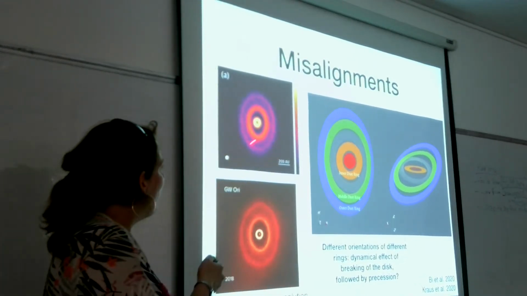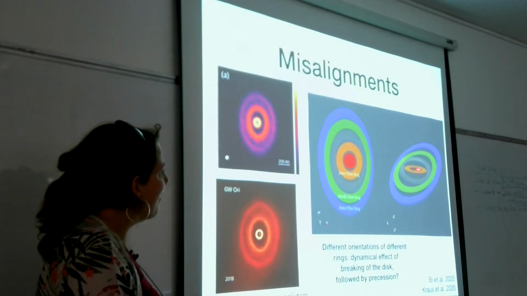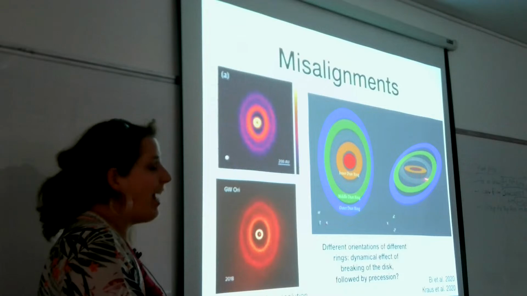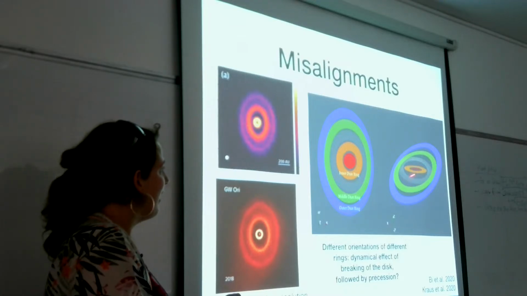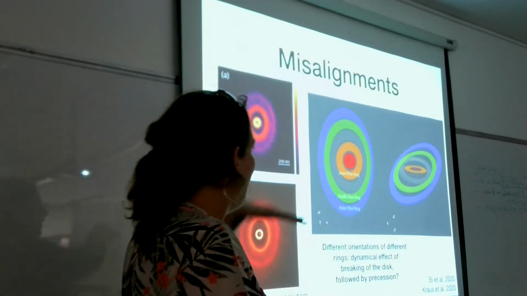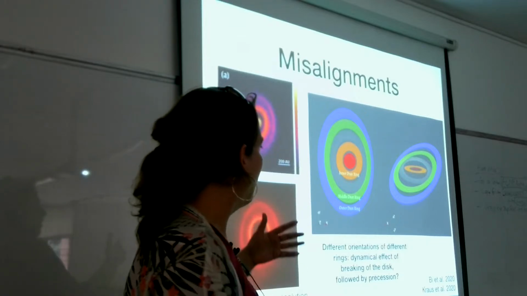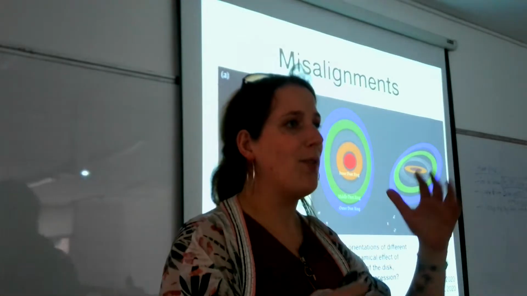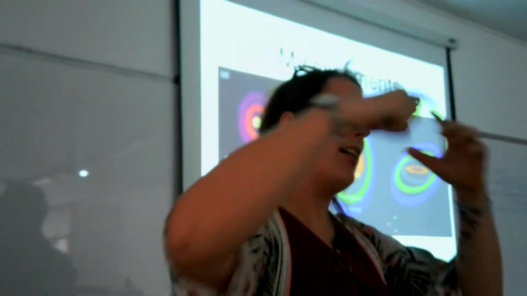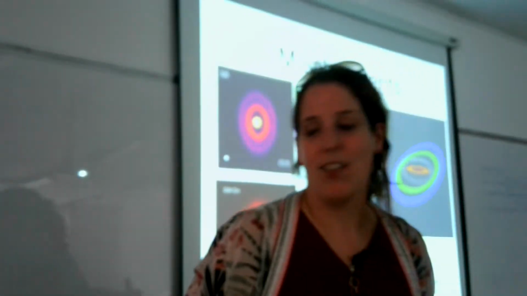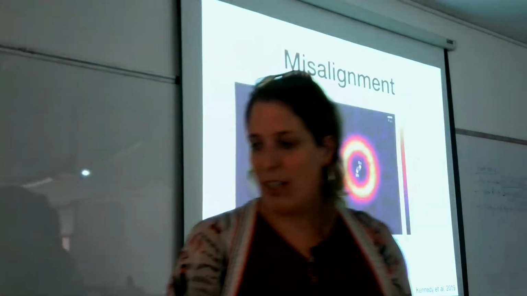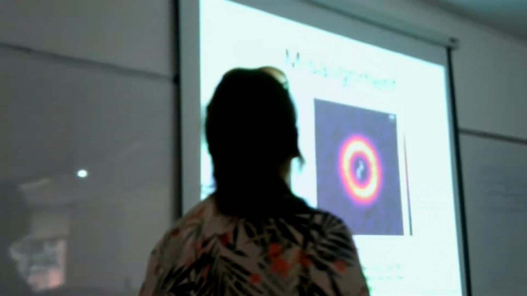Based on these images, we're able to derive that the orientation of each of the rings, including the orientation of that triple star system, is somewhat misaligned with each other. And we think that this is related to some dynamical effect where the disk is broken due to the interaction between the companions with each other and also with the disk. And there's an even more extreme example of that in this system,